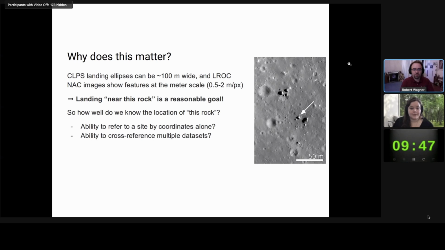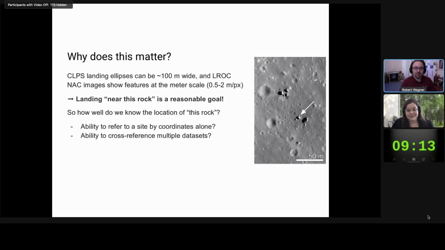So the basic question: why does this matter? Landing ellipses are pretty small. The numbers I've seen thrown around the most are like 100 meters wide. And the LROC narrow angle camera shows images at the meter scale, half a meter to 2 pixels for most of our images. What this means is that landing near a very specific feature like some rock is actually a reasonable goal. Maybe not a rock, the engineers might get mad about that one, but some crater or some specific